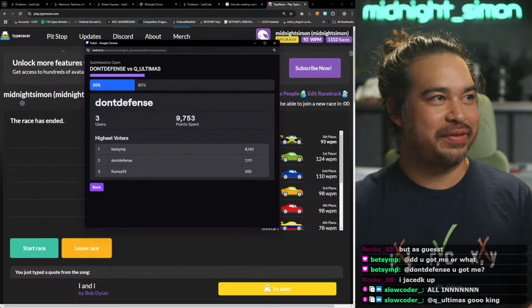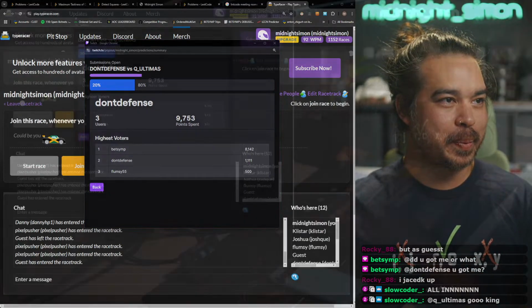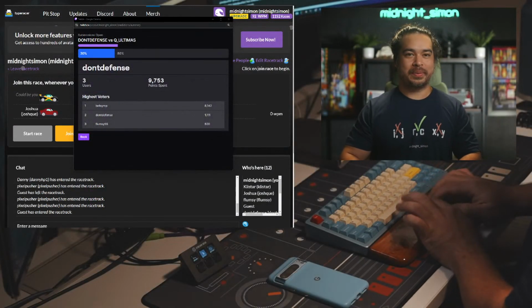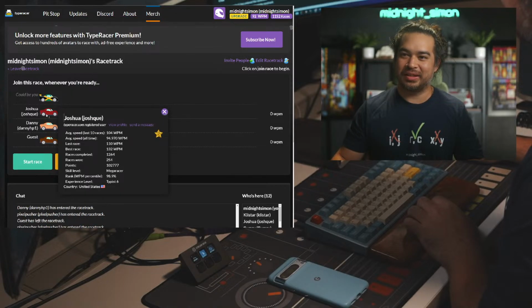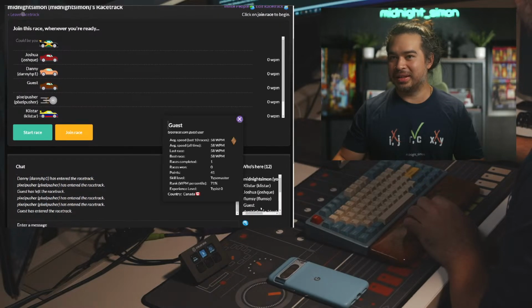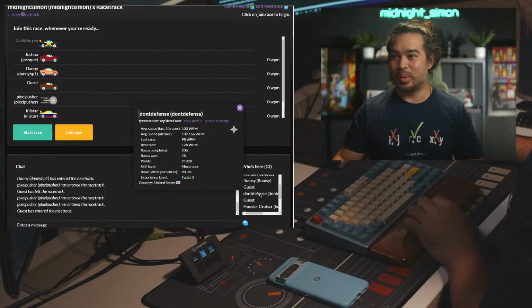Oh man, I didn't even switch to type racer mode. Here we go. So a big bet going on. It's such crazy odds. I think, let's see, all time 104, last 10, don't defense is 100 last 10. Interesting.